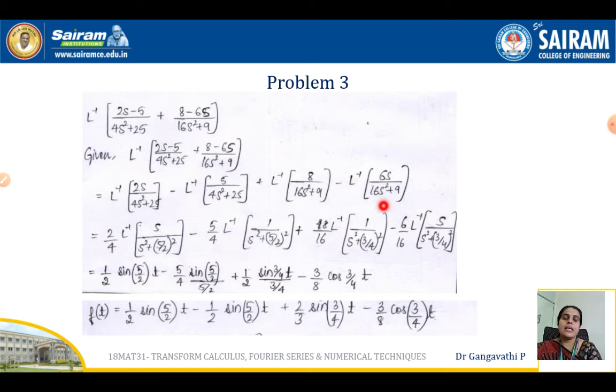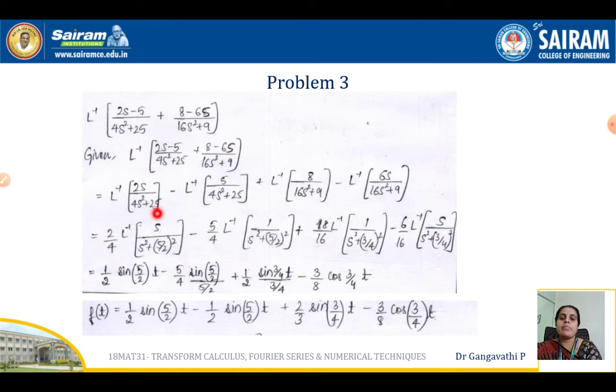So the numerator we can segregate like this, and now going further, 2s by the denominator 4s square plus 25, and we are going to use the method of completing square here. So 4s square and 25 we have, and there is no formula of L inverse which is having s along with some constant. So that constant 4 needs to be avoided here first. This 4 needs to be removed, because all our standard forms have s square terms without any coefficient. The coefficient is 1 then. So other values must be brought to 1. That is the reason this 4 can be taken outside as a common term.